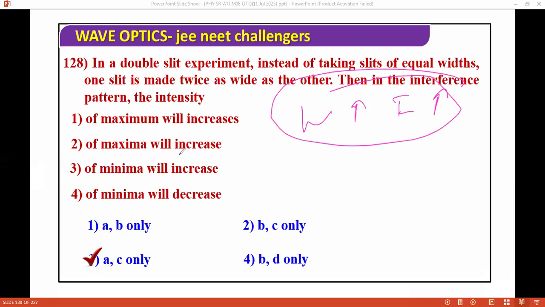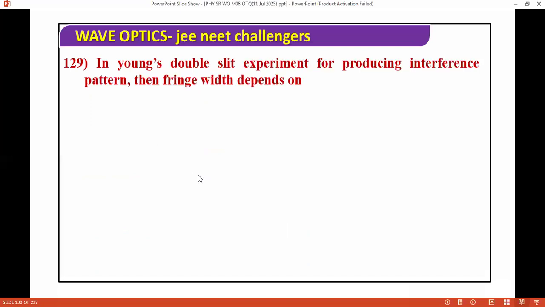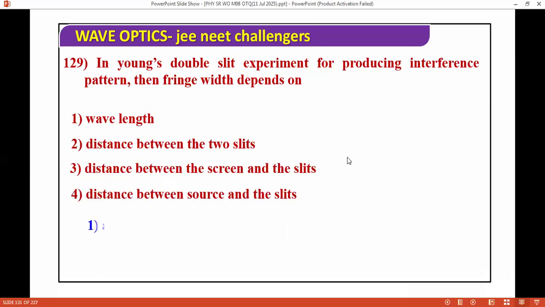That is the intensity of maxima or the intensity of minima; both will increase. Okay. If you understood this concept, we move to the next question. In Young's double slit experiment for producing an interference pattern, the fringe width depends on... we already did this question. So the correct answer will be